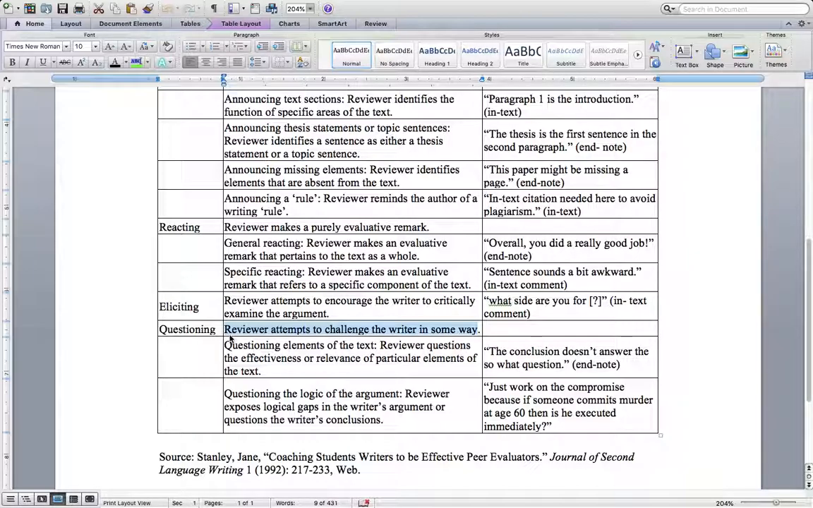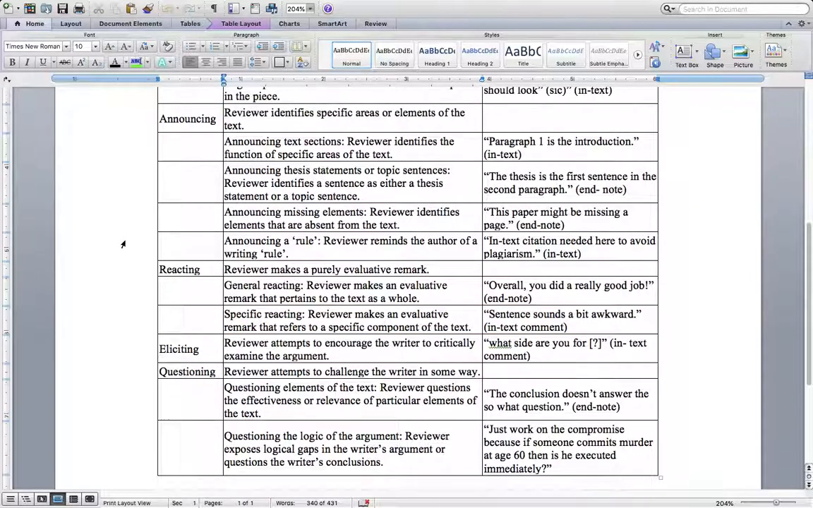It takes the most time, so it's frustrating, and sometimes it's frustrating for the writer, for the student as well, because they're like, why are you challenging me? Just tell me what to do. But in terms of composition and revision, it's the type of thing that we want to do when we're providing